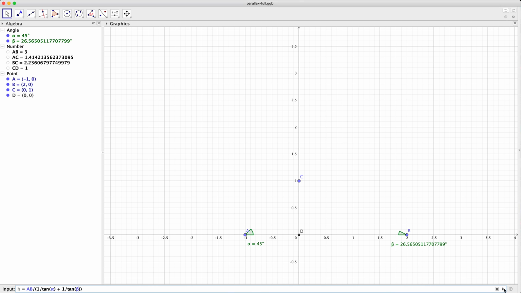Okay, just some sort of math gobbledygook. Don't need to worry if that's gobbledygook. That's fine. Doesn't matter. The point is, with the two angles and the side length AB, you can compute the